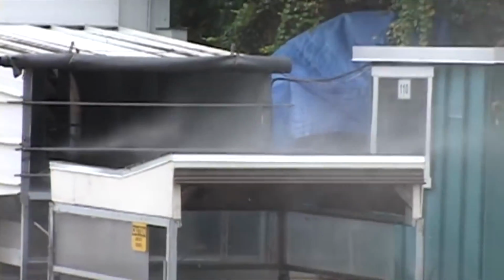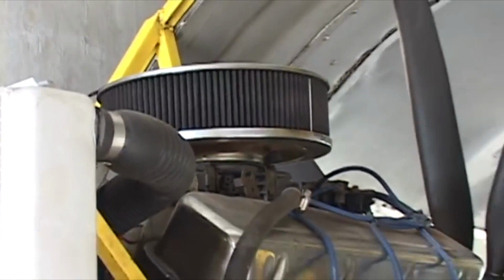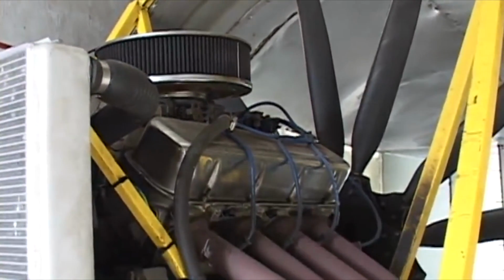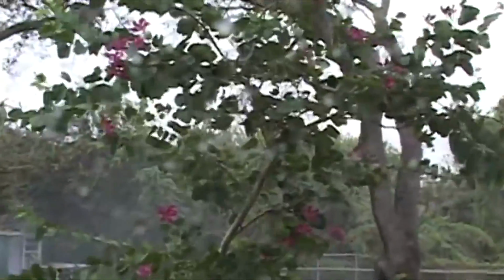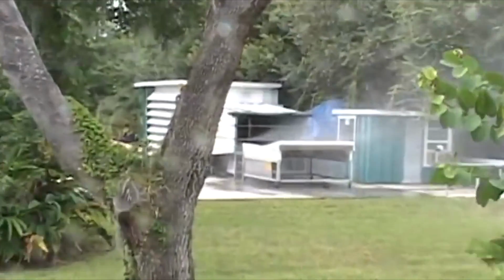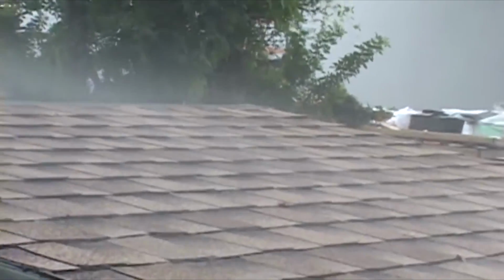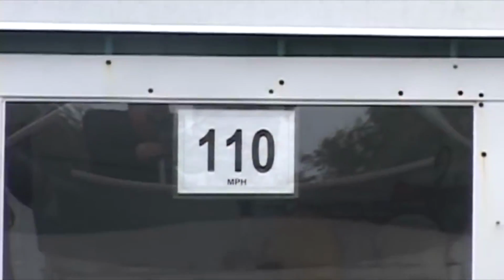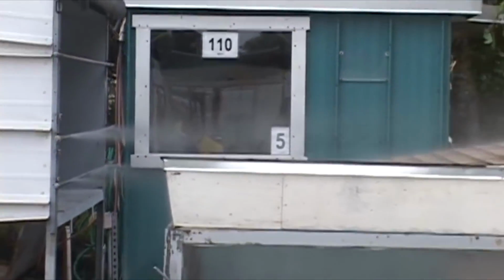Meet the monster, a roofing shingle's worst nightmare. A machine powered by a 600 horsepower, souped-up, customized hot rod engine turning carbon fiber blades to create roof-destroying hurricane-force winds. Mix this torrent of air with pressurized water jets, and you create a real torture test for shingles and entire roofing systems. It subjects the shingles to sustained 110-mile-per-hour wind and rain, the equivalent wind speed of nearly a